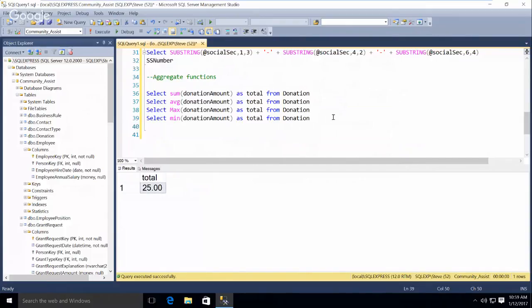I think they can. Sum and average won't work on dates, but min and max will actually work on dates. I'm pretty sure they will. And on strings, would it return like... So actually, they might work on strings. It might return the highest ASCII value. Or they error out. So it's a requirement that it be an integer or a float.